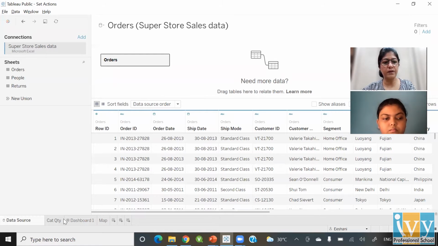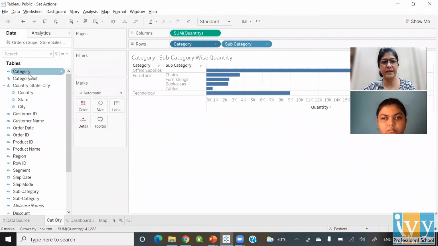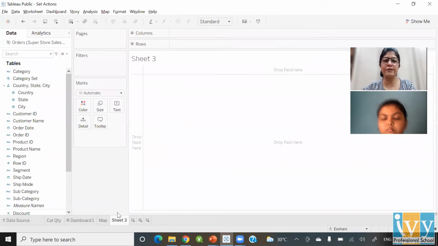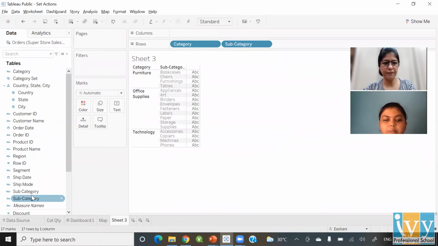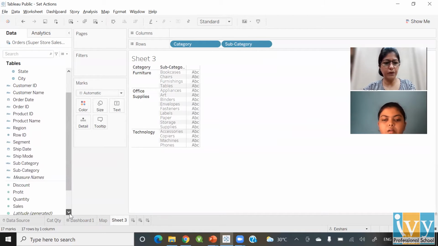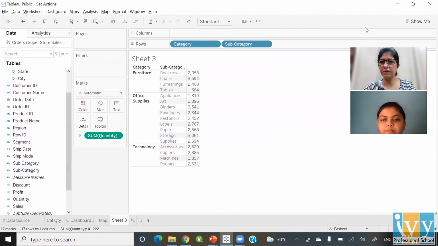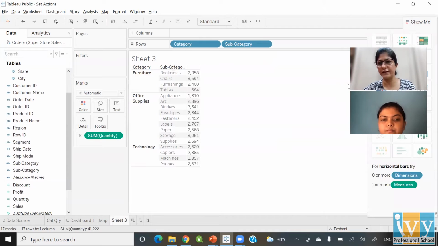Inside that, I've got things like category, and inside a category there are subcategories, right? So if I wanted to see category wise quantity, and inside that subcategory wise quantity, typically what we would do, we'll create a category and a subcategory, and we can put a quantity over here and create a visualization.